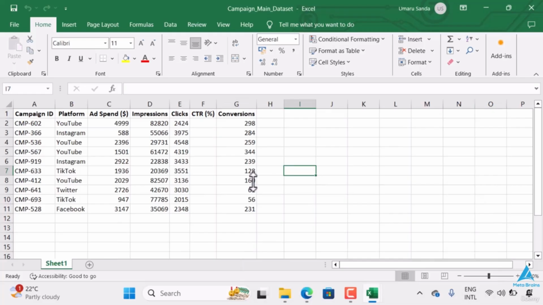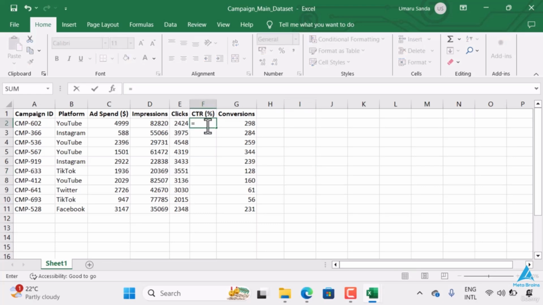Often, data from different sources is processed separately and later needs to be combined. For example, we have campaign IDs in one sheet and want to pull the engagement score from another sheet into this dataset. VLOOKUP helps us achieve this. To begin, we'll add a column for the engagement score in our main dataset. Using the VLOOKUP function, we can match campaign IDs from this dataset with those in the other sheet and retrieve